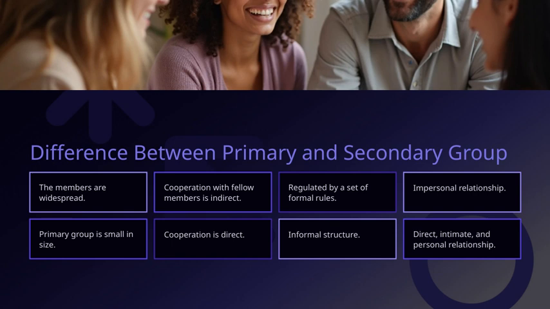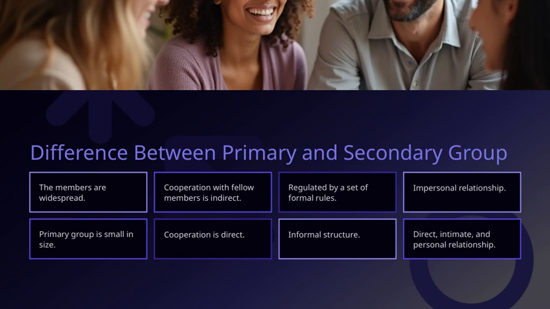In primary groups, cooperation with fellow members is usually direct, meaning you interact face-to-face or through personal communication. On the other hand, secondary groups, like colleagues or larger organizational teams, often involve cooperation that is more formal and structured. This cooperation is usually regulated by a set of formal rules and procedures, making it more organized and sometimes